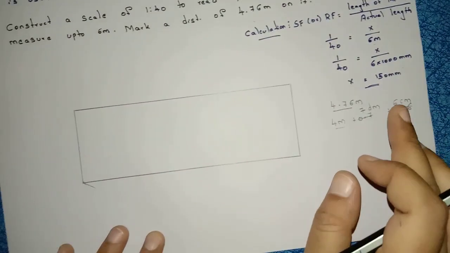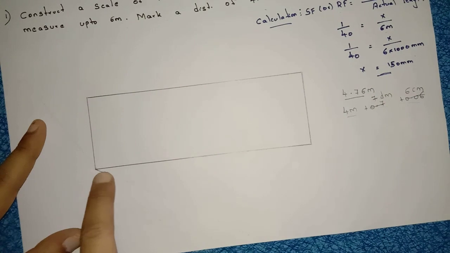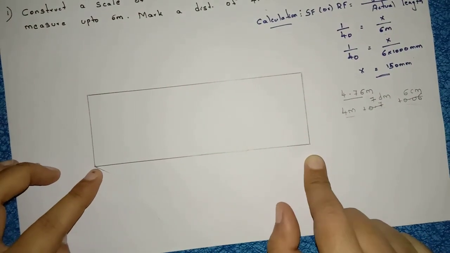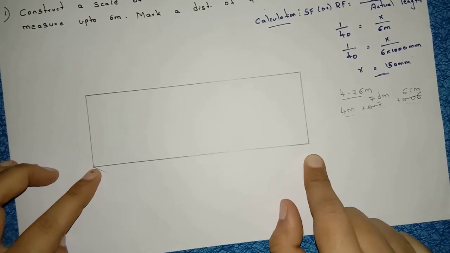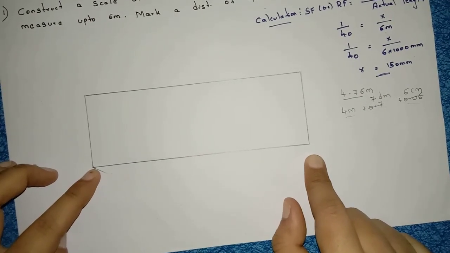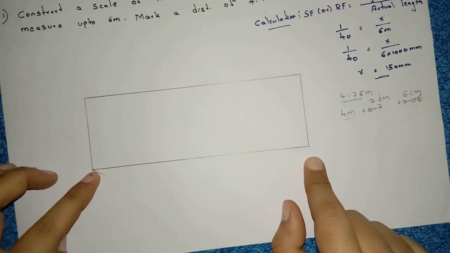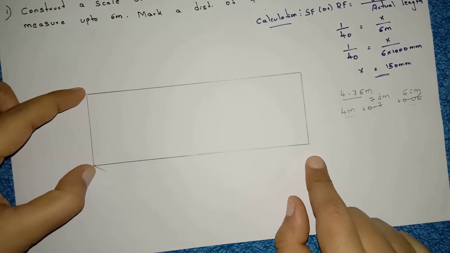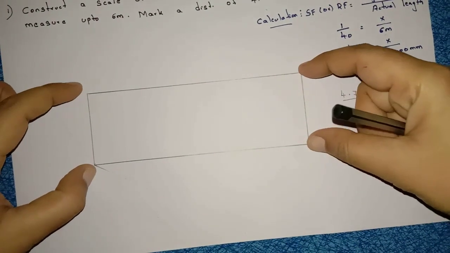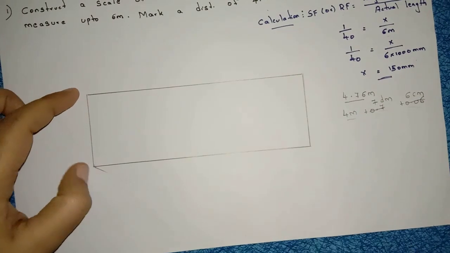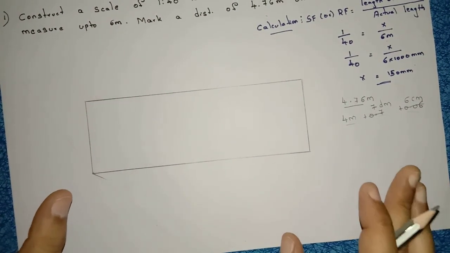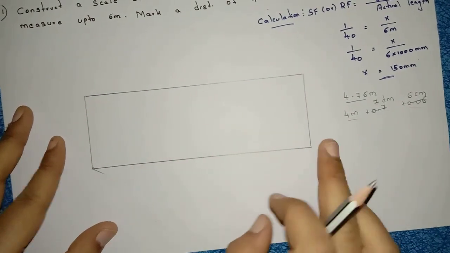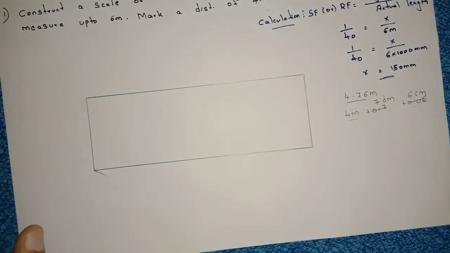Right, now what I will do, first I will draw a straight line of x value. X is how much? 150 mm. In plane scales we have taken the height 5 mm, 0.5 centimeters, right? Now coming to diagonal scales, you have to take the height 5 centimeters, 50 mm. This is the rule for diagonal scales. For all diagonal scales, you have to take the height 5 centimeters, right? So first construct this rectangular box. Length is 150 mm, height is 5 centimeters.